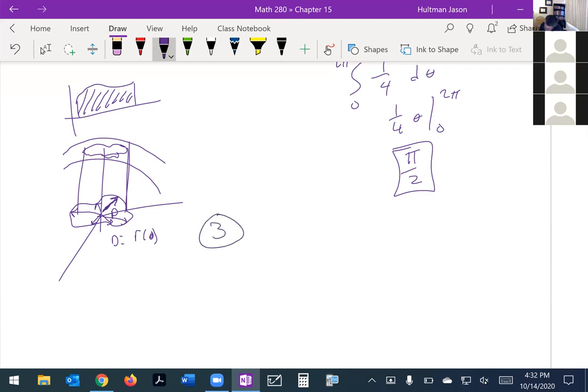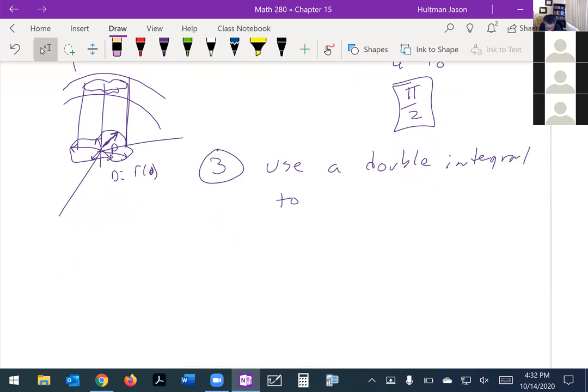Okay, number 3. Use a double integral to find the area of one loop